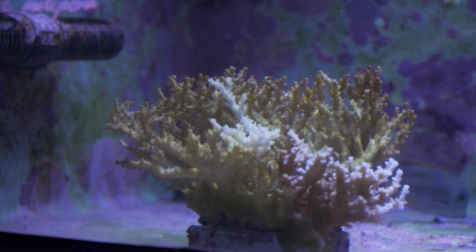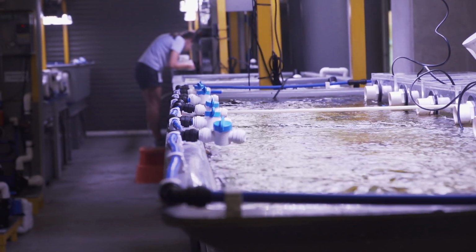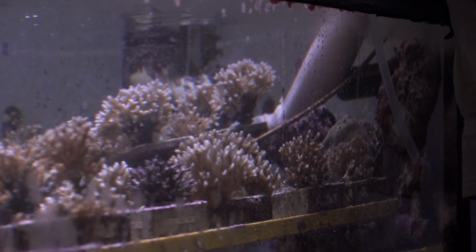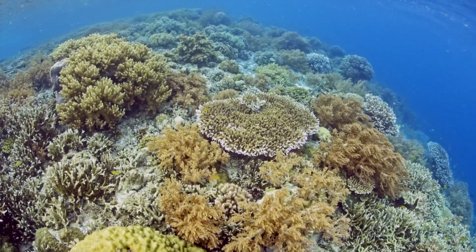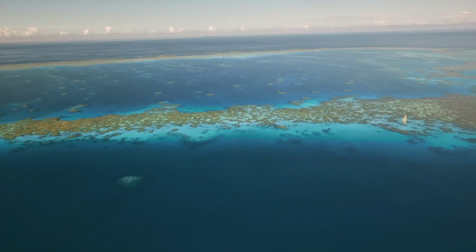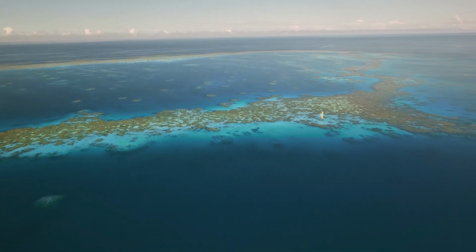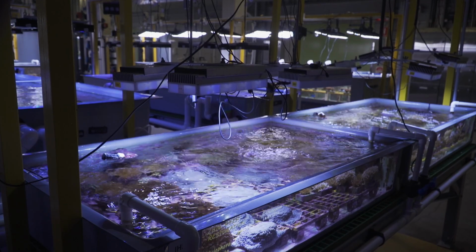So, how does it all work? How do you create a supercoral baby in the first place? We start with different individuals of the same coral species living in different parts of the reef. So the first thing we have to do is find coral parents that have already demonstrated that they can survive high temperature. We find those colonies in the water, and then we put them in tanks and wait for them